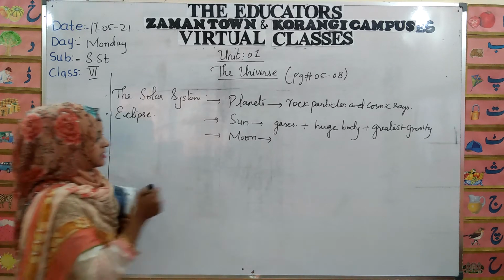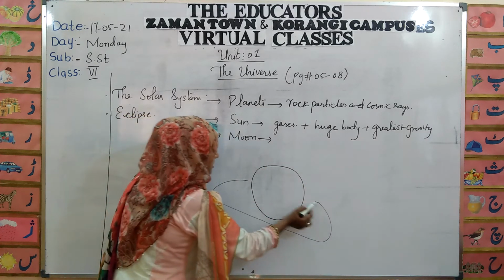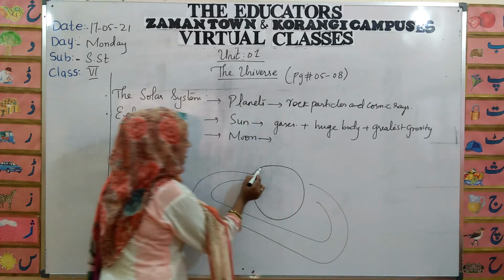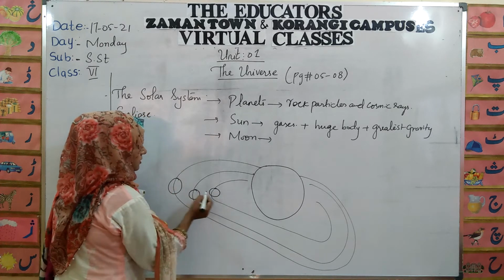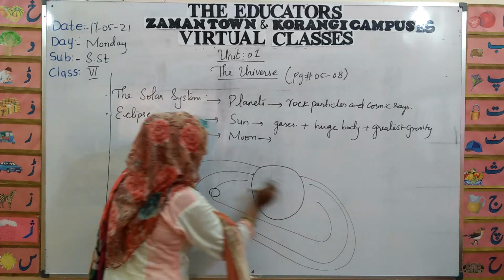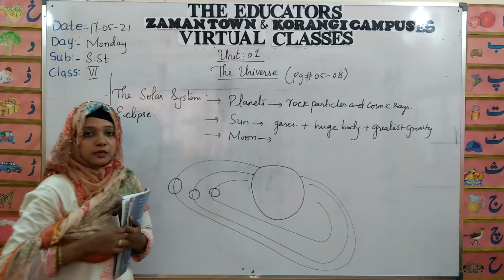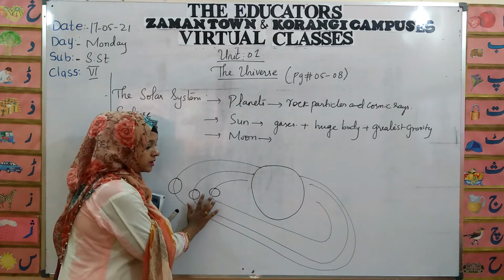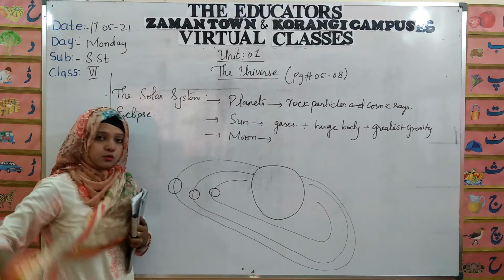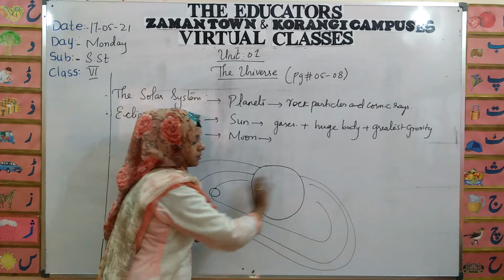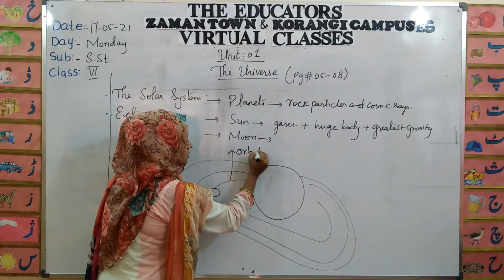How do the planets arrange themselves? The Sun is the central structure and all the planets are moving around the Sun in their respective orbits. This is their orbit. They have a circular path, which we call an orbit. It means that this planet is restricted to move only in its respective orbit. This planet is restricted to move only in the given orbit. This is what we call the orbit of a planet.